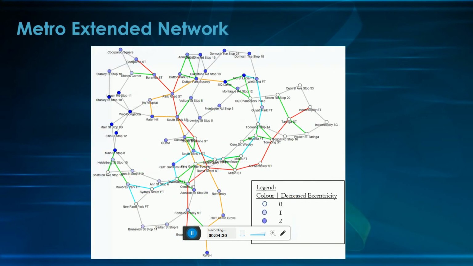before. Now if we look at the extended network with the inclusion of the metro, edges have been colored orange. The decrease in eccentricity is not incredibly substantial, and the majority of the decreases in eccentricity can be seen to happen up the top where the southern suburbs are. This is likely because the path of the metro between PA Hospital and UQ Lakes provides a much faster route to bridge the two halves of the southern suburbs together.